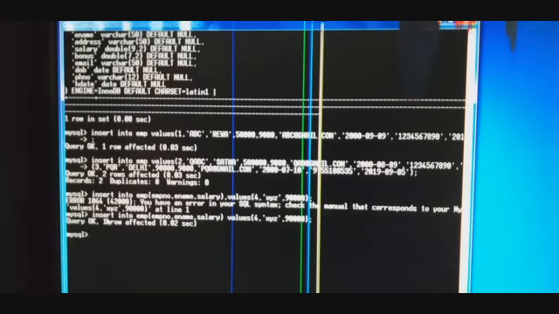Once again I am repeating the syntax: insert into table name within brackets field 1, field 2, field 3, bracket close, values within brackets value 1, value 2, value 3, value 4 and so on. So this syntax is used to insert records to the selected fields only. Make it clear.